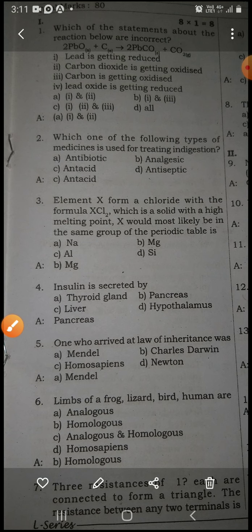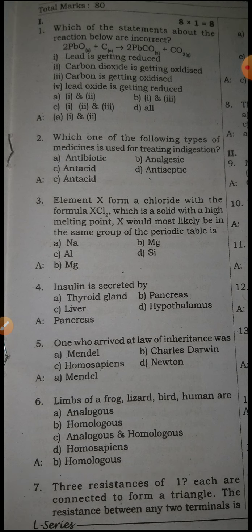Maybe some will be happy that you don't need to write anything, no need to draw any sort of diagram, no need for calculation. By circling it, you may get the right marks. But remember, that's very dangerous. Sorry, I'm not trying to threaten you, but I'm telling you to be a little careful and try to understand what the OMR sheet is. OMR stands for optical mark reader.